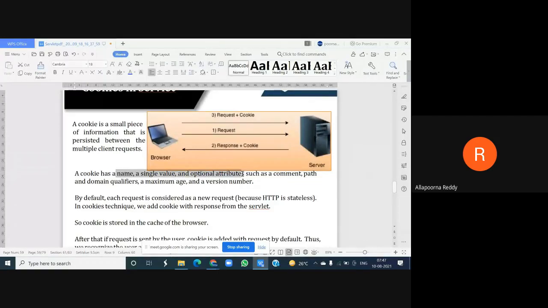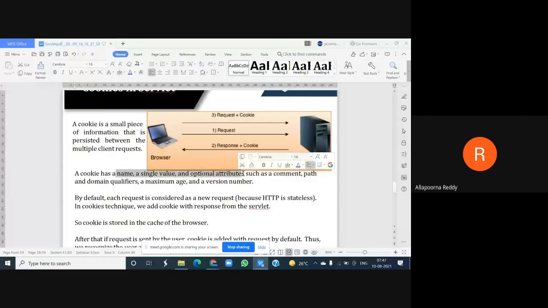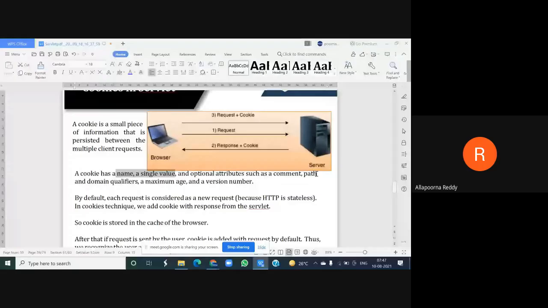Optional, they are not mandatory. These two are mandatory: the name of your cookie and its identity, a value that maintains a unique value. Some optional attributes along with these two we can maintain, such as a comment, a path, the domains, the age of the cookie, and a version number. Age is nothing but the time period.